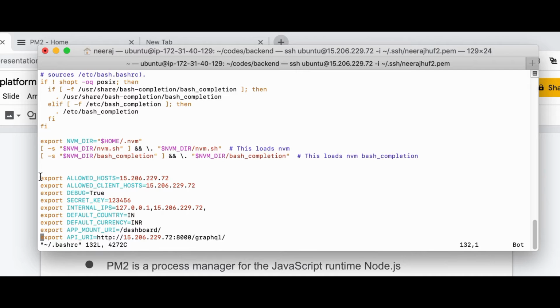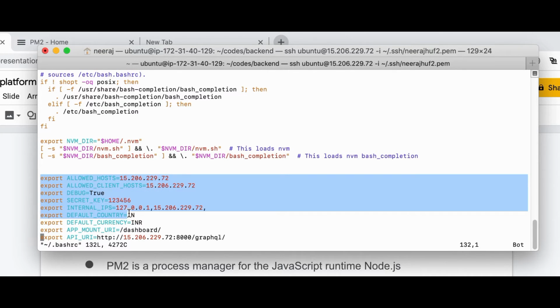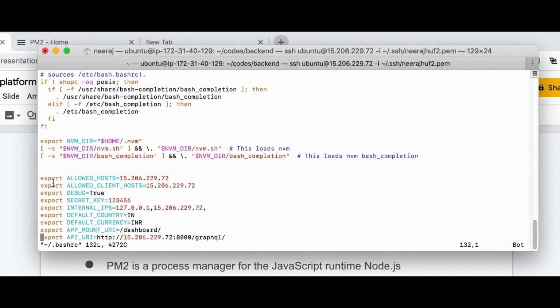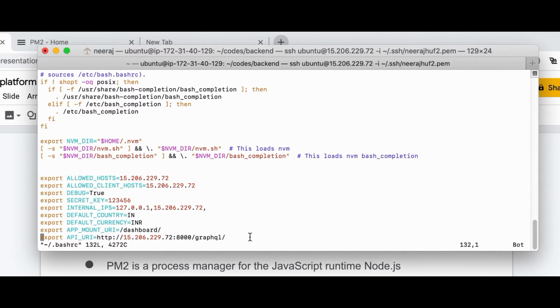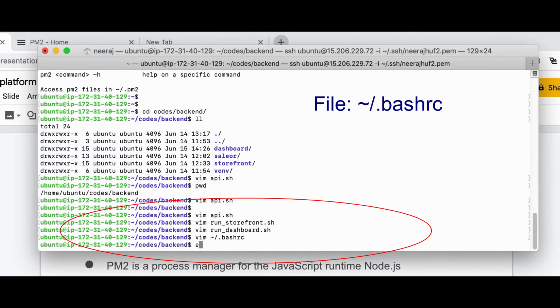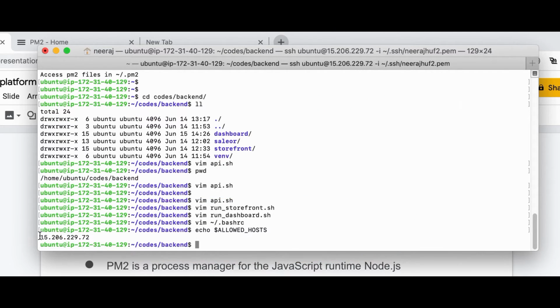These are the variables which are going to be required as system environment. This will ensure that every time my instance runs, they are available in my system environment. I can also verify by doing echo $ALLOWED_HOSTS, and this variable will come. So whenever a Python process runs, it will get all those variables.